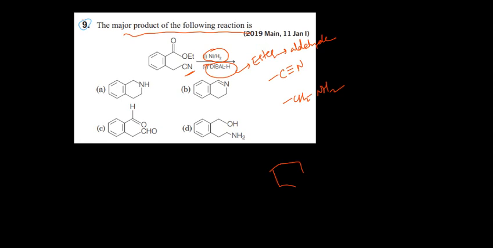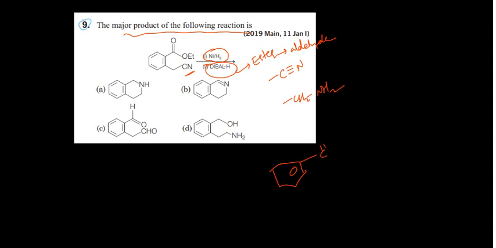Next, the major product of the following reaction is. See here, nickel and hydrogen are there. This nickel hydrogen is a reducing agent. So this cyanide becomes amine. C triple bond N is there, it becomes CH2NH2. Okay, then DIBAL is the specific reagent. It turns esters to aldehyde. Then whenever aldehyde is there, see, benzene ring is there. In that benzene ring, at this position the ester becomes aldehyde.